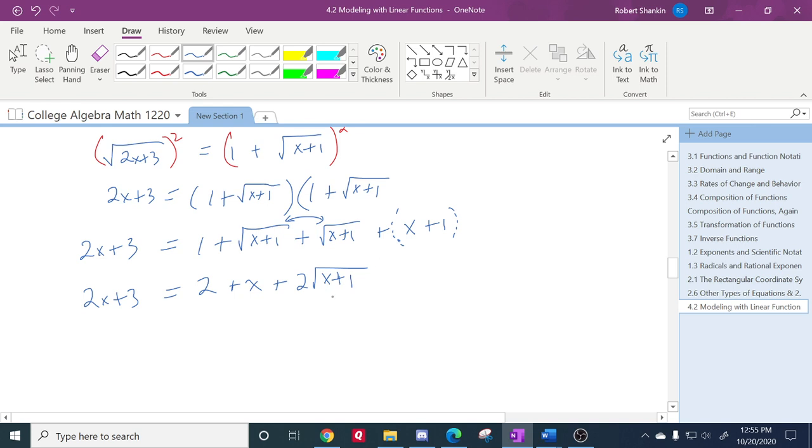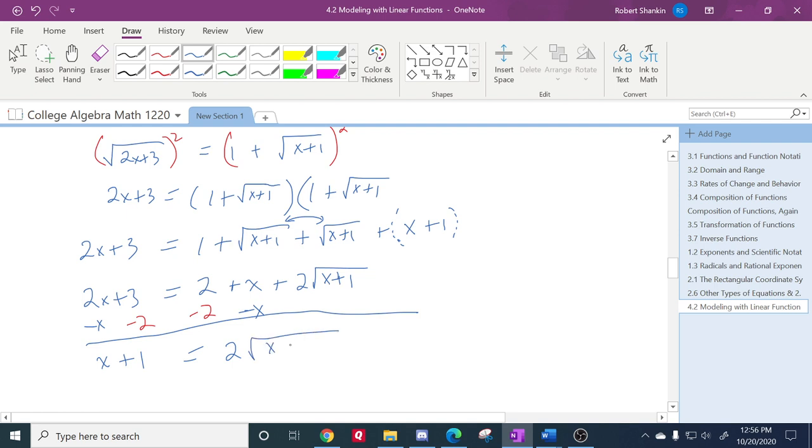And now we can do what we learned to do, which is isolate the square root. So I'm going to move all the other terms to the other side. And I'm going to subtract 2 from both sides. I'm going to get x plus 1